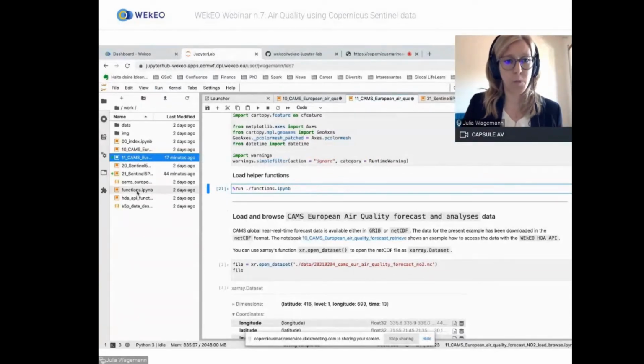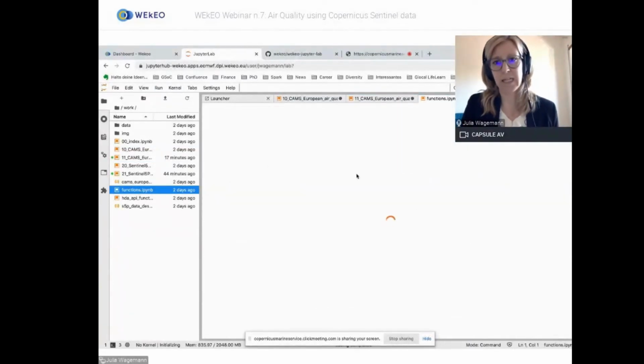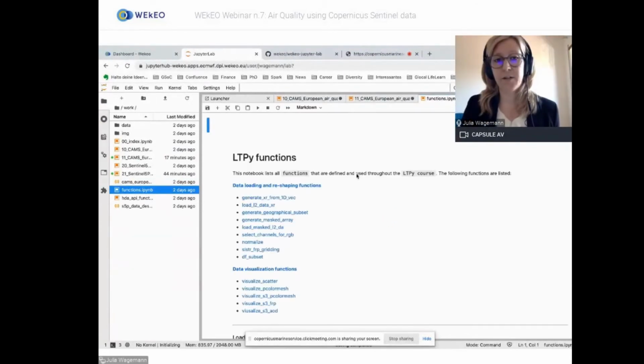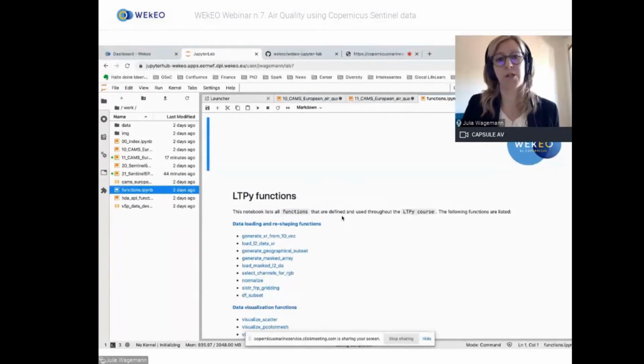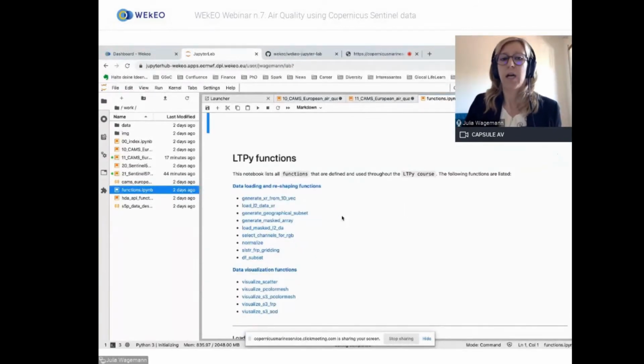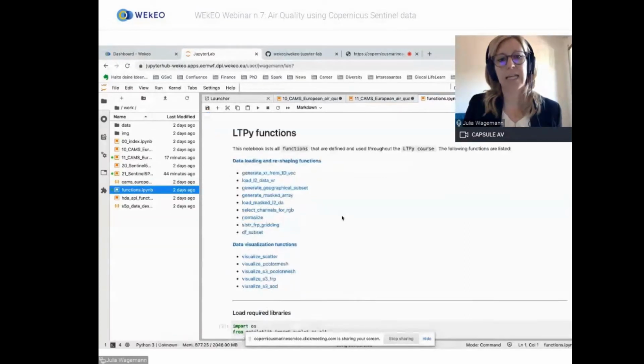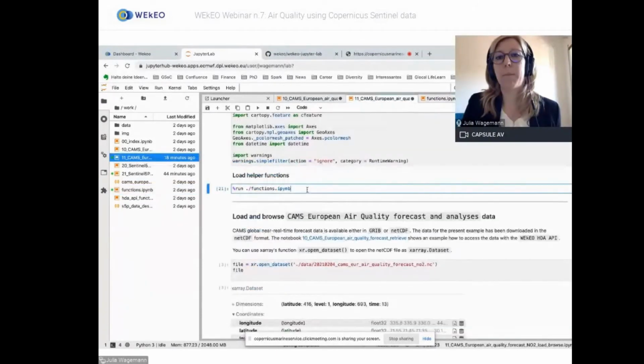If we open this functions notebook, you see that it contains a set of functions which help us to load or reshape specific data sets and also to visualize data. We don't make use of all the functions, but we run this notebook